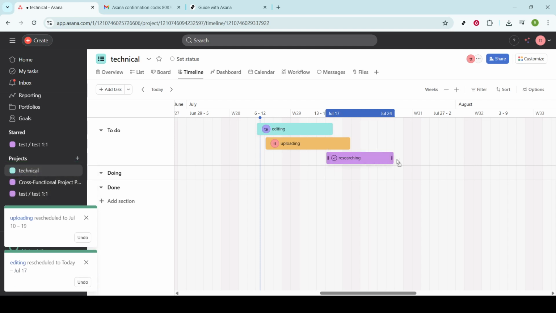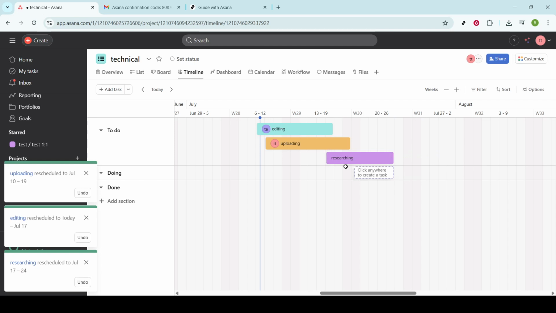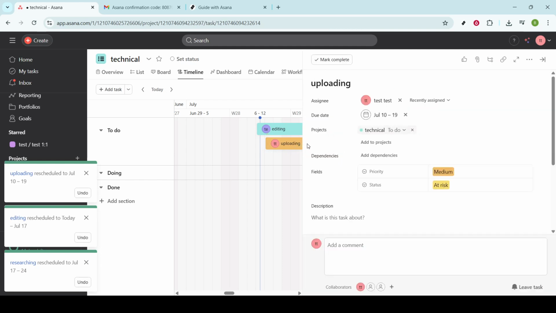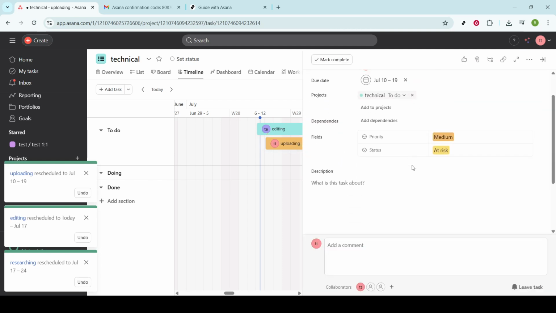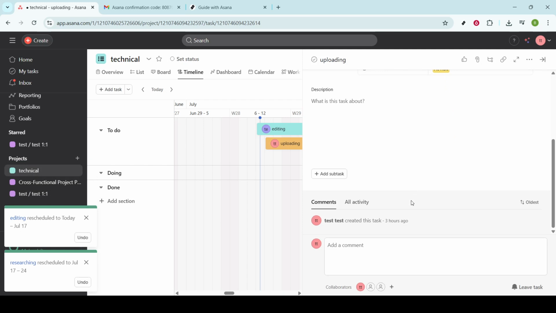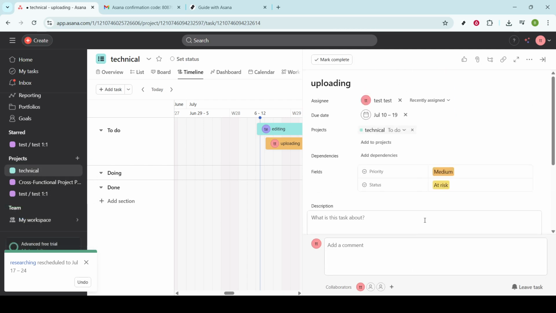For a deeper dive into a specific task, just click on it to open the Details pane. Here, you can manage and view all aspects related to that task. For those looking to fine-tune their timeline, explore the Timeline options, where you can manage how dependency date shifting affects